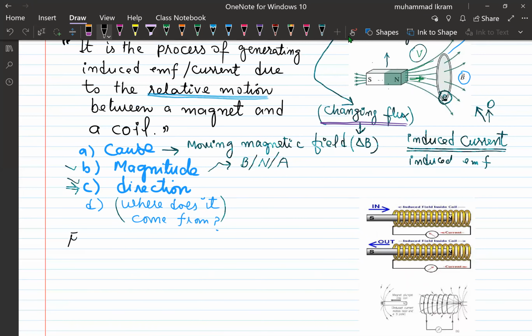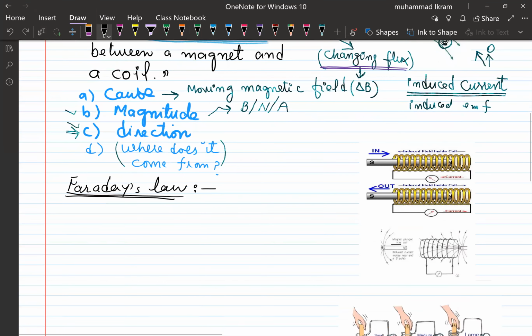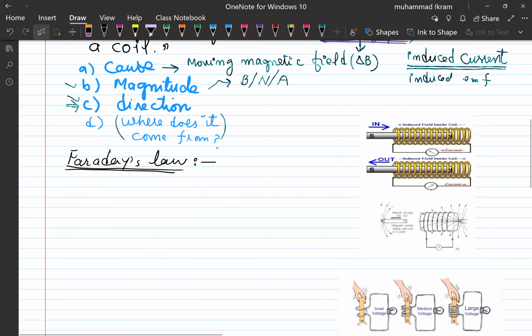What is the Faraday law? As I told you, he discovered this effect in 1831. According to the Faraday law, when you move it towards or away, in both cases there will be induced EMF. Faraday law tells us that the